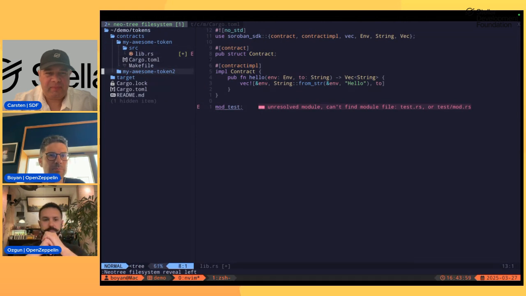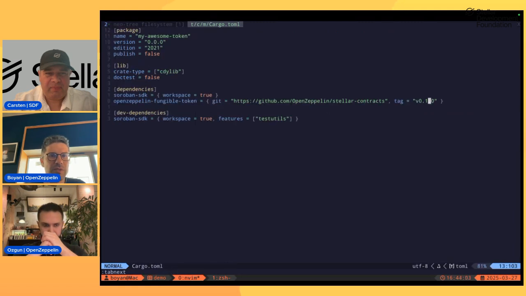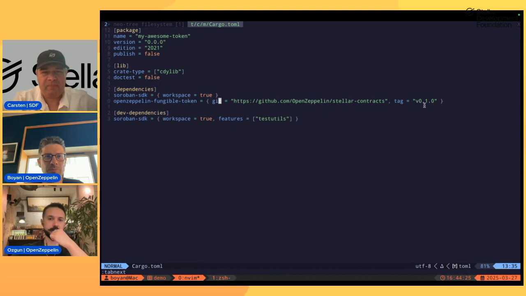We need to add the dependency. Here, the recommendation is to pin it to a specific version or tag. As version 0.1 is the most recently audited, it's this version that we are going to use.